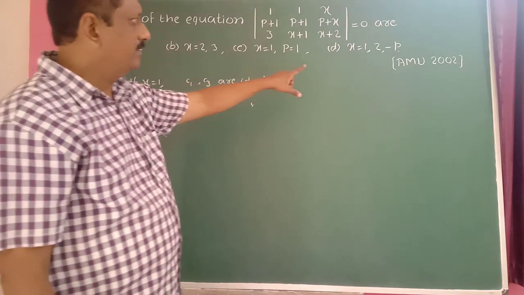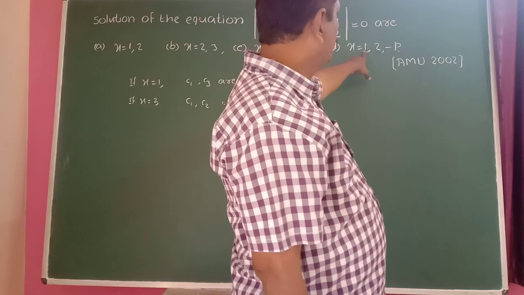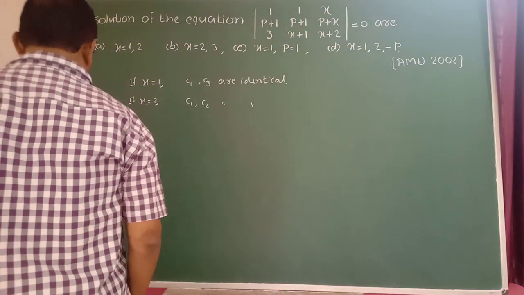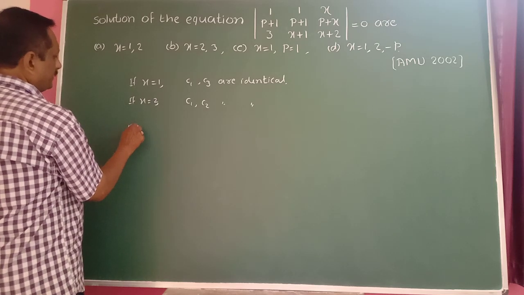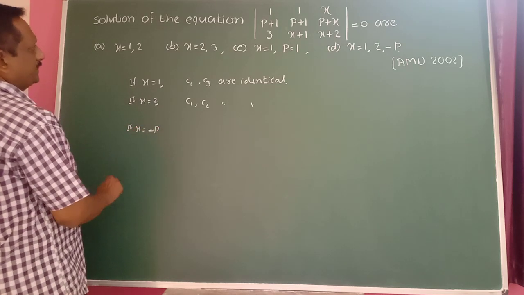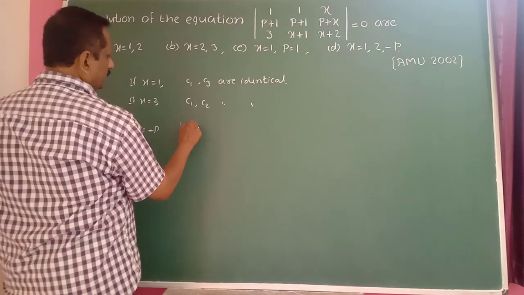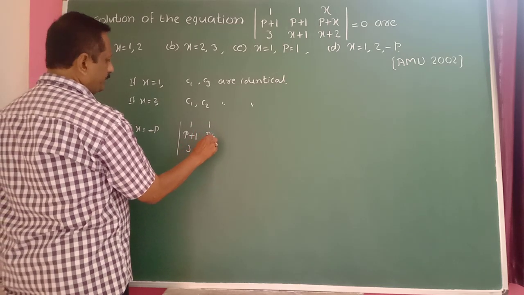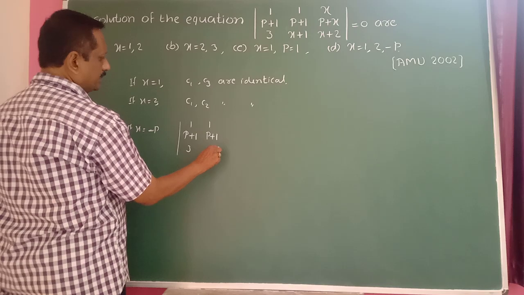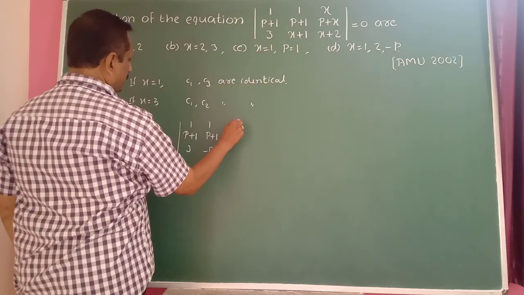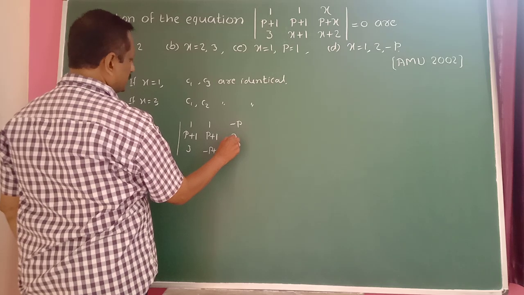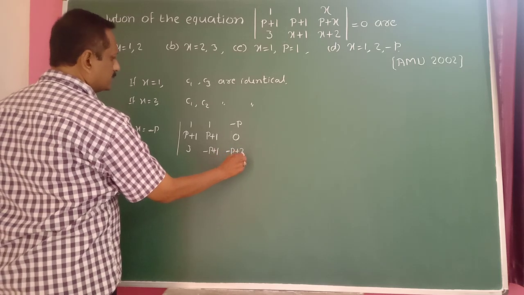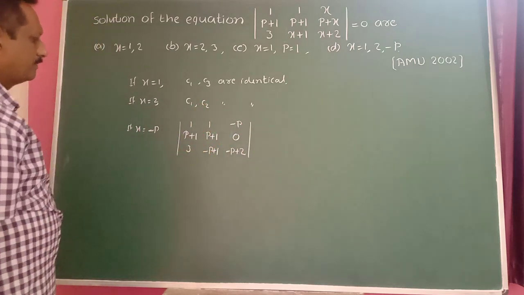And even here last option x equal to 1, x equal to 2 as well as minus p here. Just check here at x equal to minus p. If x equal to minus p here, in that case so 1, p plus 1 and 3 here, then 1, p plus 1 minus p plus 1 here. Okay, minus p plus 1. Then minus of p, then the p minus p becomes a 0 here. So this becomes a 0. Then minus p plus 2 here. Minus p plus 2. Okay.